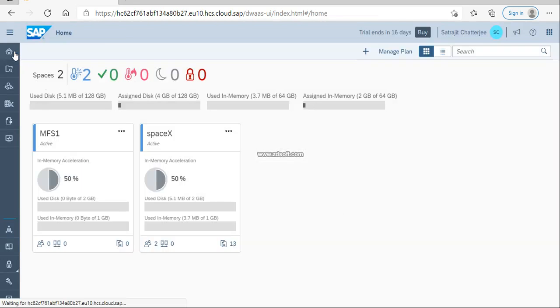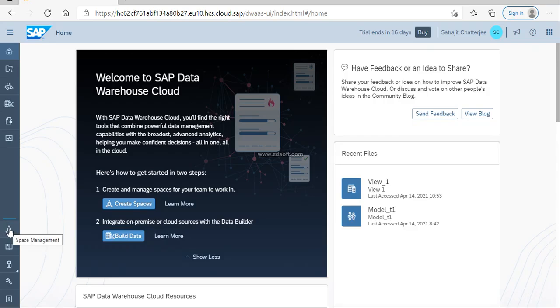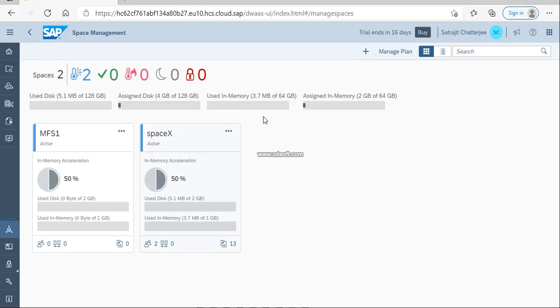The other way is that here you have a space management button. If you click on the space management button, it will come up as your base screen. Now we can create spaces. There is a plus icon, so you can click on the plus icon and the space will be available over here. You can create a space, and there are three different colors you can see: one is blue, one is green, and one is red.